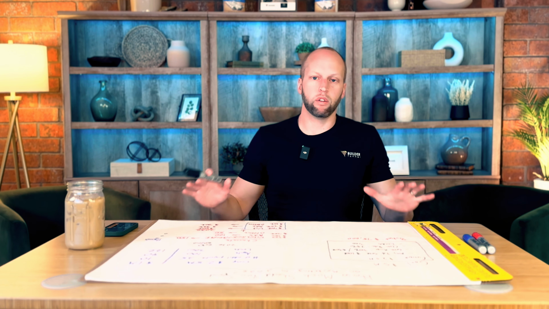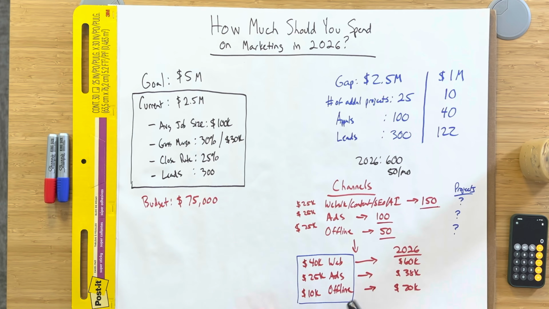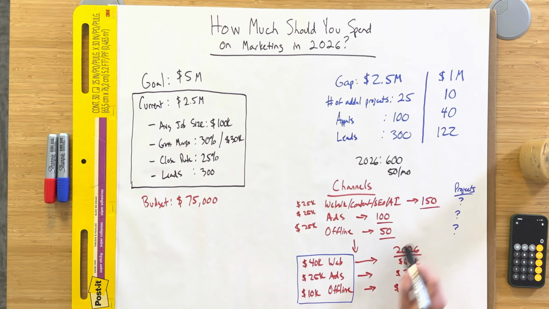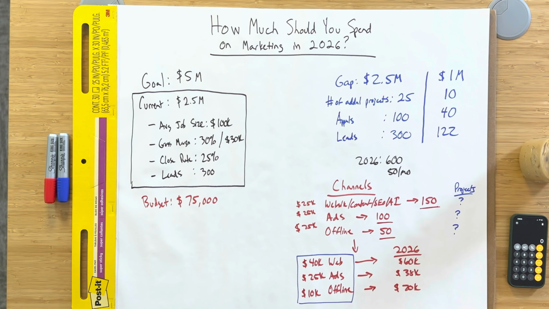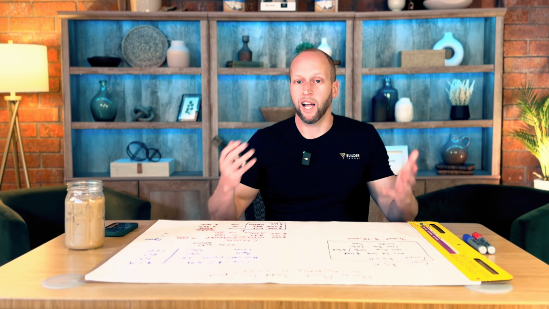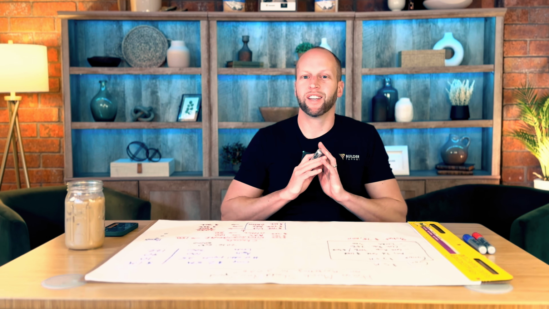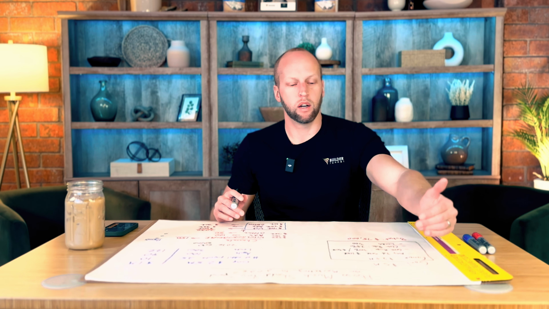But if you follow this process, you can do two things. One, you can be making better adjustments to your current budget by looking at what you did, seeing what the channels were and what the output was. And then two, you can make a strategic increase in your budget so that you have a better shot at hitting your ultimate goal of 5 million. So how much should you spend on your marketing in 2026? The answer is classic. It totally depends, because it depends on where you are currently, and it also depends on what your goal is.